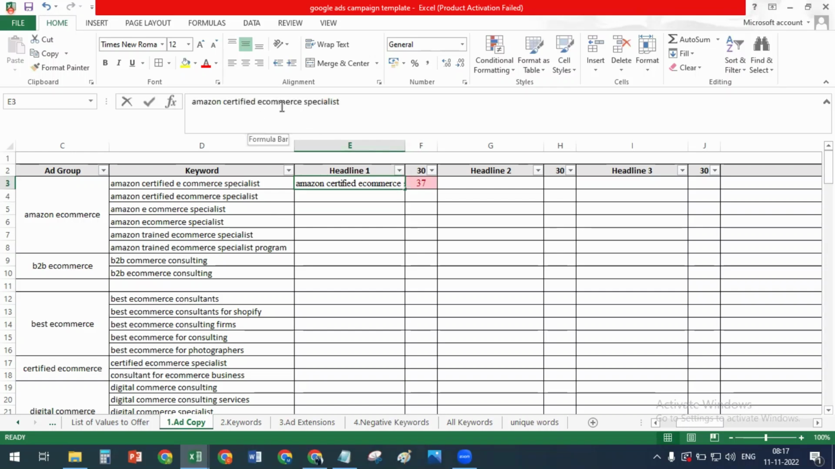So what do I do? I type Control X over here and here. I will type Amazon certified in one particular headline, and in another headline I will type e-commerce specialist. Okay, Amazon certified e-commerce specialist. So here, E small and commerce capital. Okay, so this is how I can type. So Amazon certified e-commerce specialist,